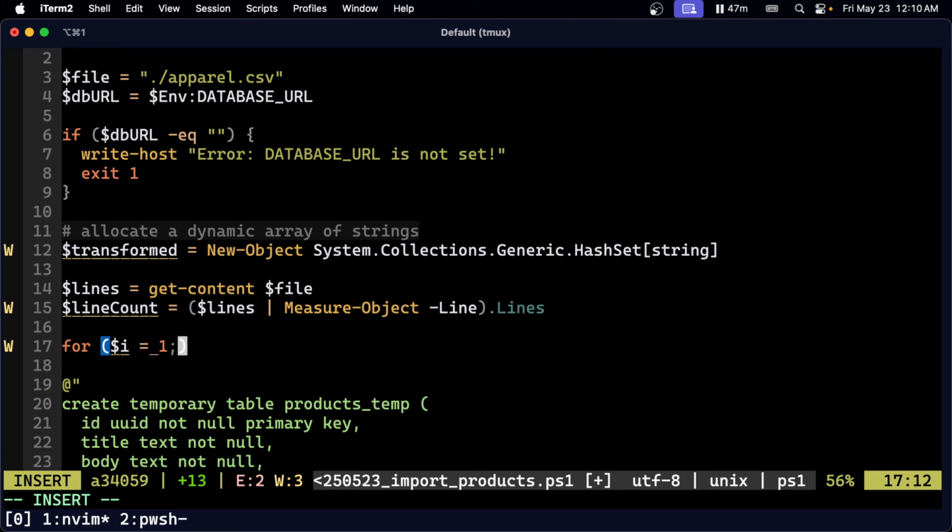If we start from 1, i is less than line count, i plus plus,